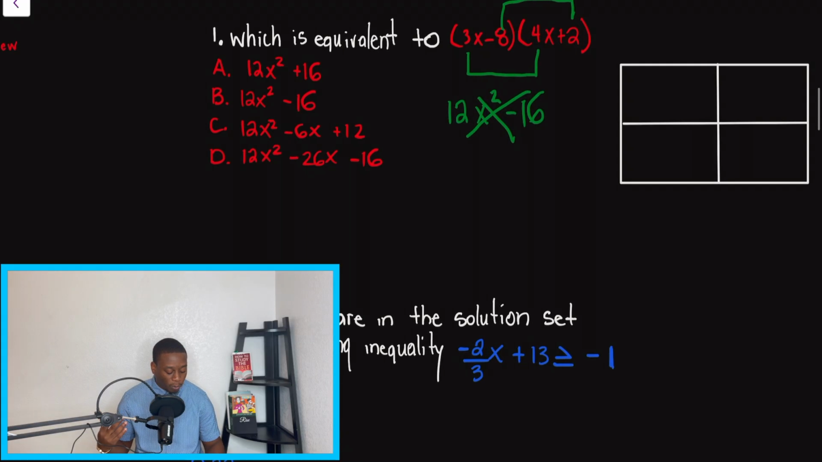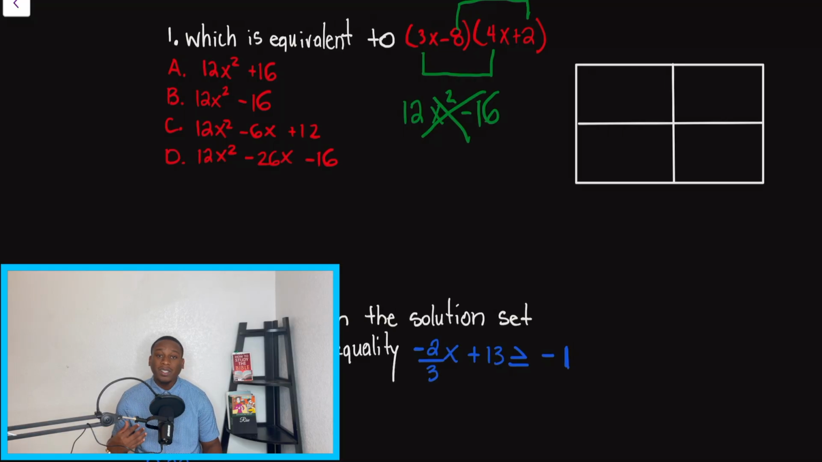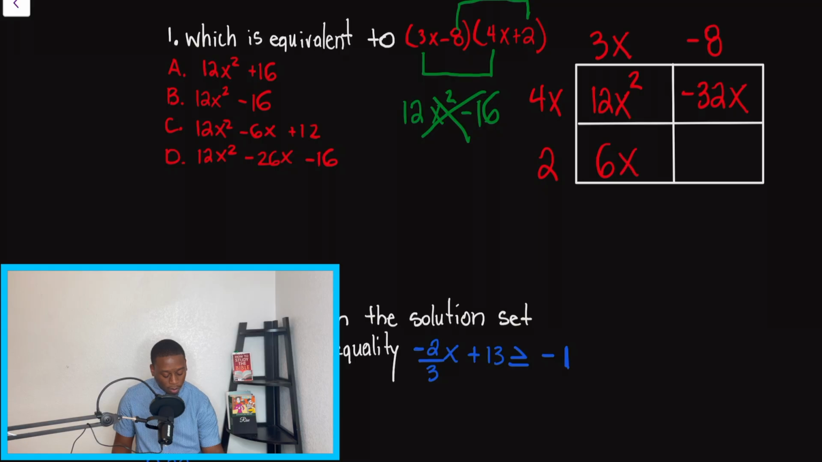So I'm going to solve this problem, and what we're going to do, we're going to set up our box method and understand that what is grouped in parentheses has to stay together. So if I put 3x on top, that means that minus 8 has to be on top with it. And the same thing applies to 4x and 2. So now once we multiply through, we use properties of exponents and we have 12x squared minus 32x plus 6x